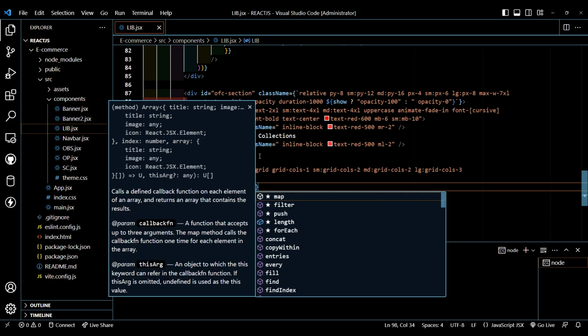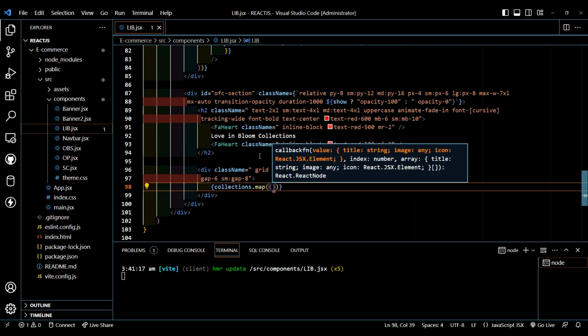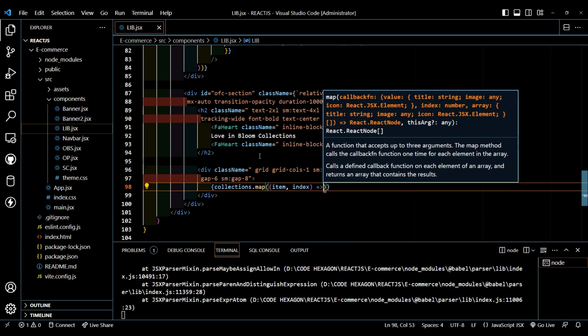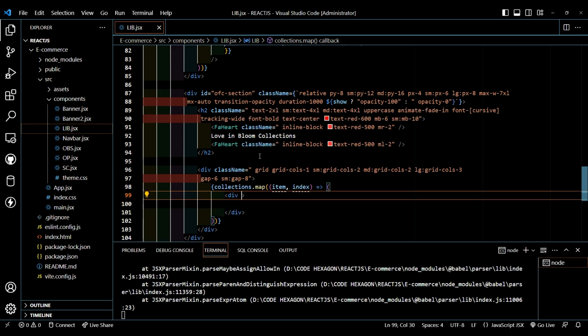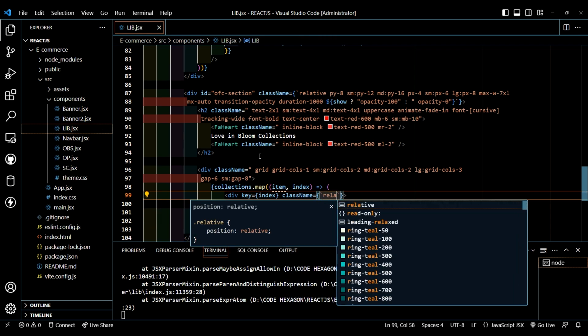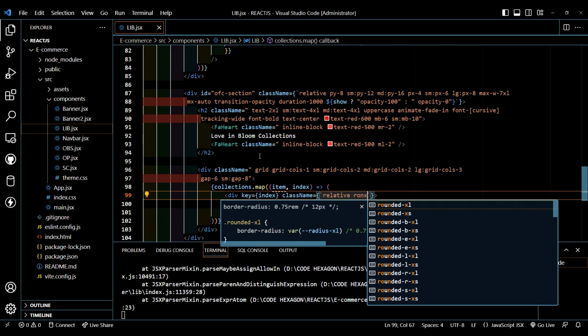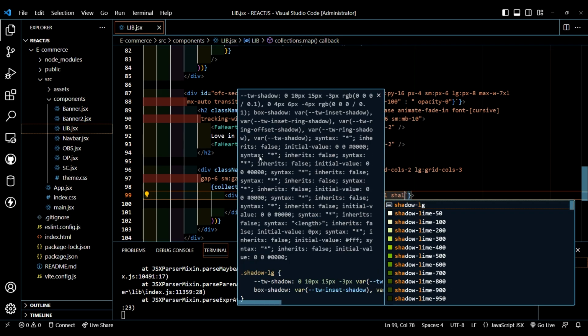Let's pass collection.map. Let's type item comma index and let's create an arrow function and let's type div, pass key index, class name will be backtick, position will be relative, rounded XL, shadow LG,